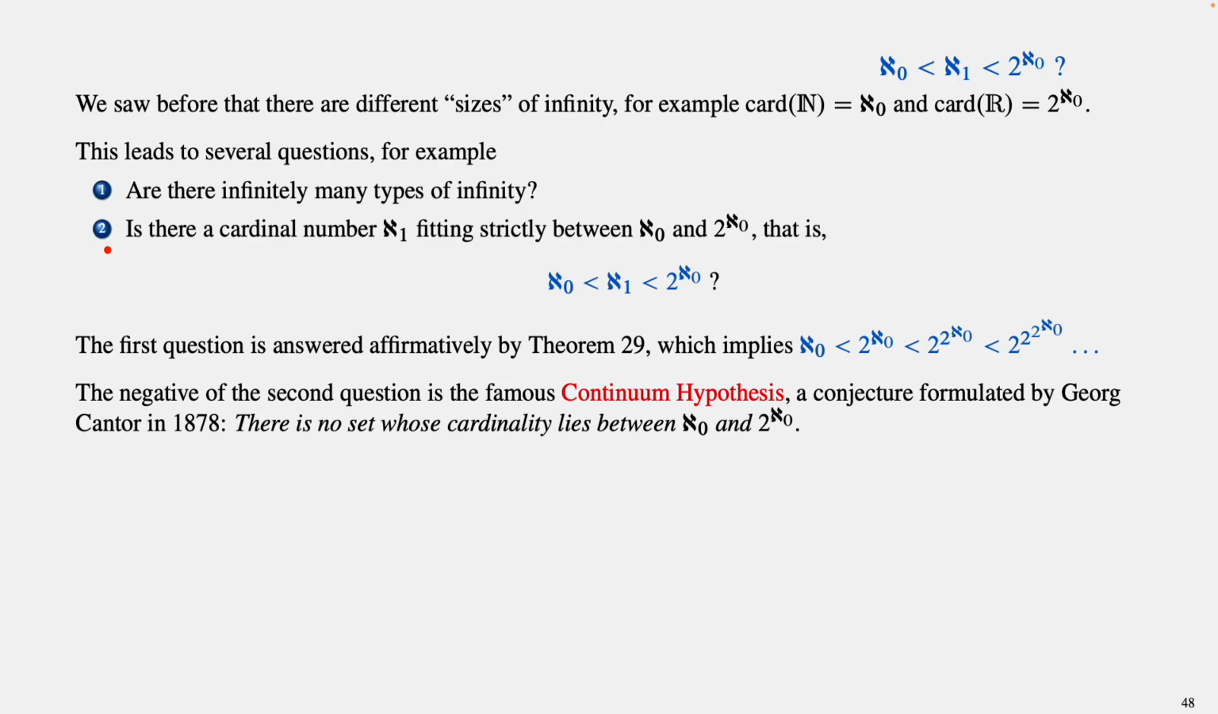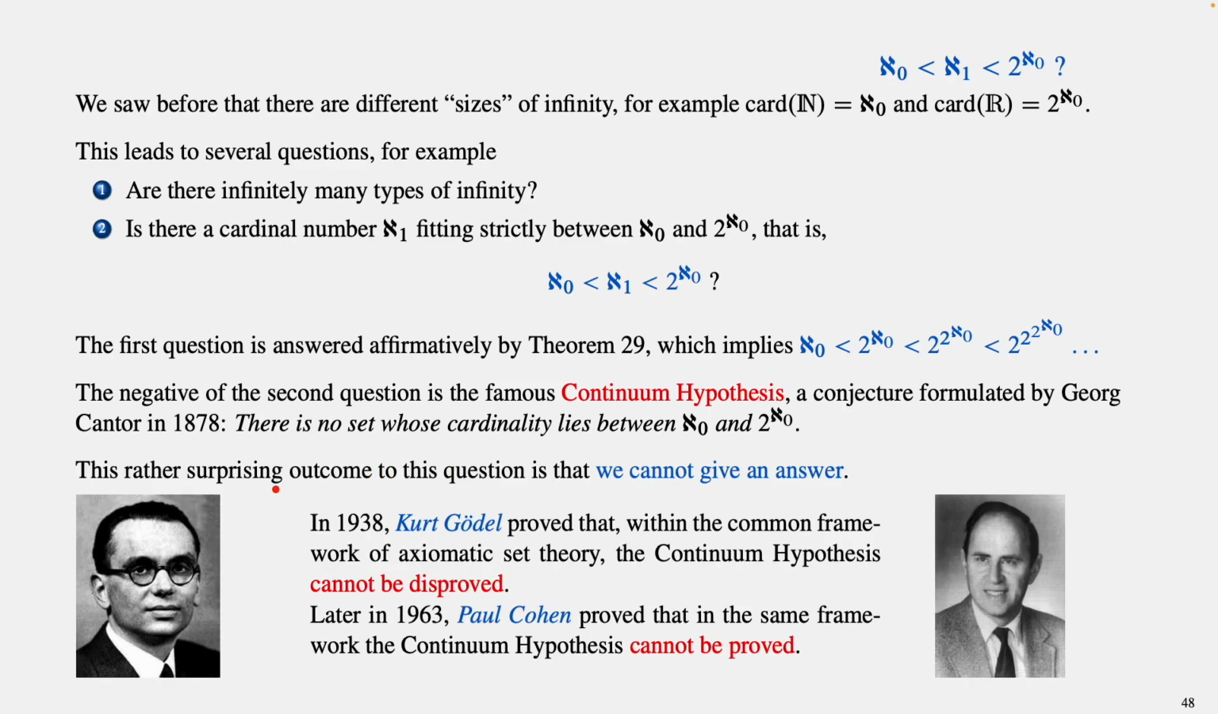Now for the second question, the negative of this question is known as the Continuum Hypothesis. And that's a conjecture that was formulated by none other than Georg Cantor in 1878. And it states that there is no set whose cardinality lies between aleph 0 and 2 to the power of aleph 0. So you cannot squeeze any infinity between the natural and the real numbers. And that is a question that bugged mathematicians for quite some time. And the rather surprising outcome of this question is that we actually cannot give an answer. And it's in a way proven that we cannot answer this question, because in